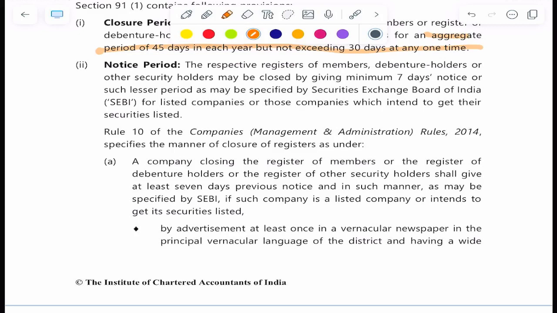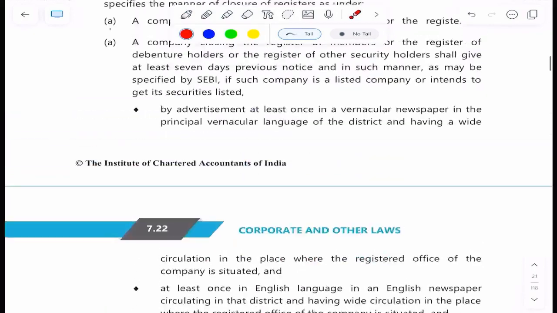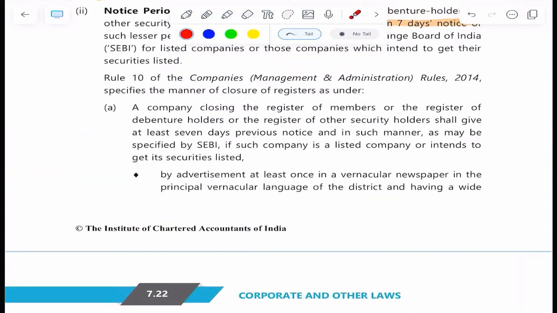Notice period. The respective register of members, debenture holders, or other security holders may be closed by giving minimum 7 days notice or such lesser period as may be specified by the Securities Exchange Board of India, for listed companies or those companies which intend to get their securities listed. लिस्टेड कंपनी के लिए कम पीरियड भी सेबी ने अगर बोला तो फिर रूल 10 का